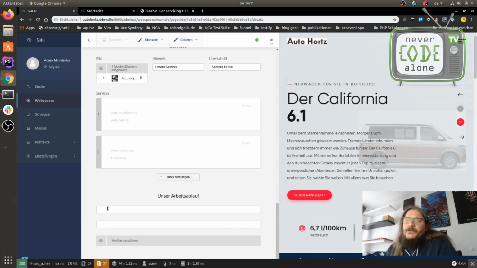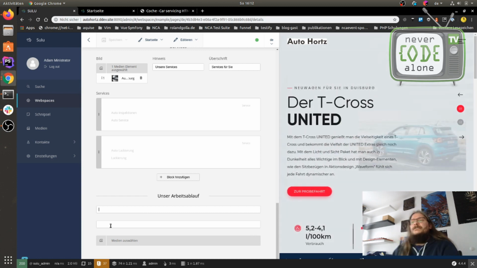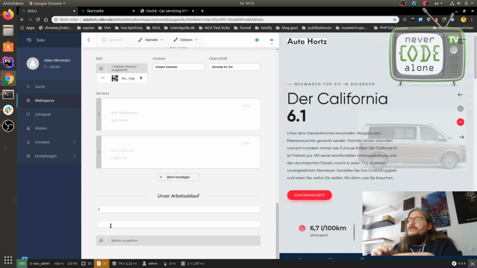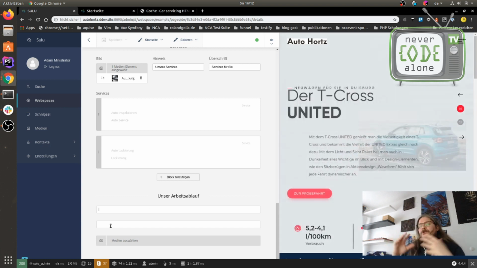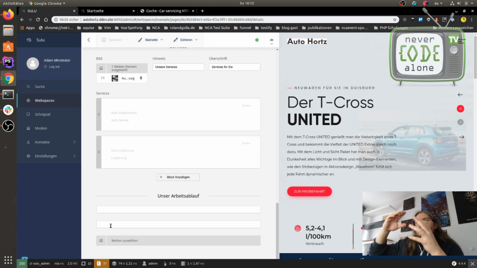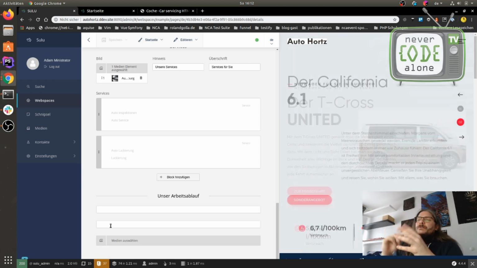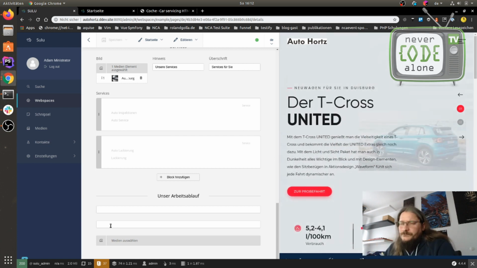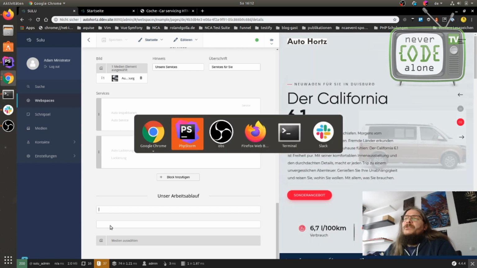I want subline and headline in one line, and I also want this media selection in one line, because then the editor doesn't need to scroll so deep, and you have a better overview because this is not so big and it's okay for one line.